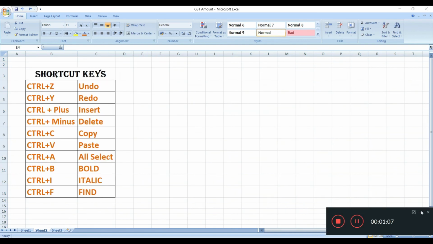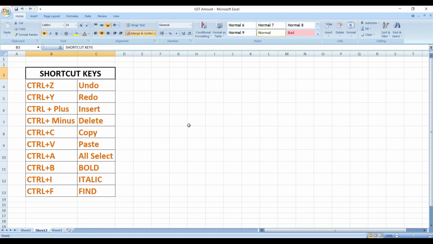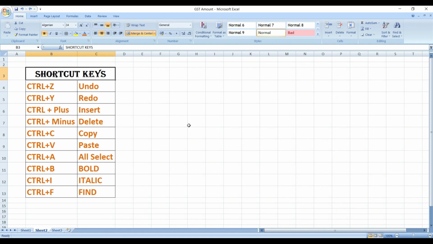Okay, so at the end I am giving you some shortcut keys to learn. Firstly, Control plus Z is for undo, and Control plus Y is for redo. Redo is if I change something and I undo it and this is not right, I really want to make it again, whatever it had, I will do it. See, I show you how. I'll do Control plus Z. Okay, the previous format is coming back in this sheet, and I want the format it had already. What I need to do is Control plus Y.